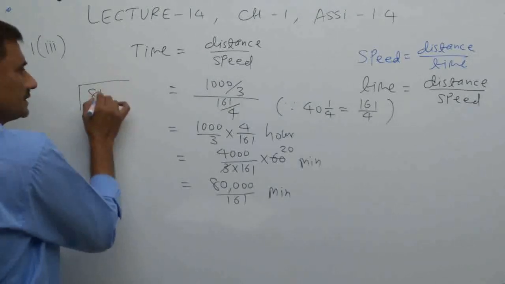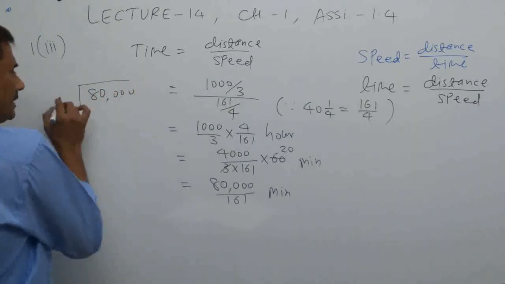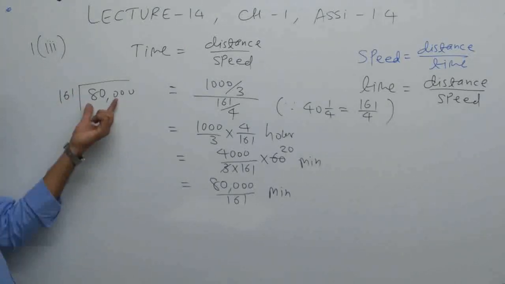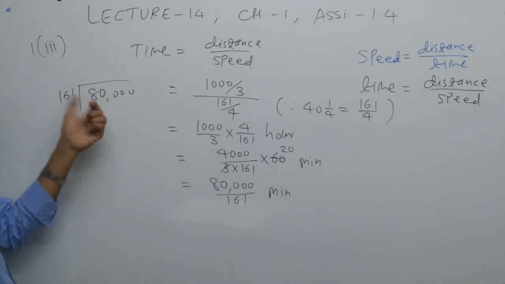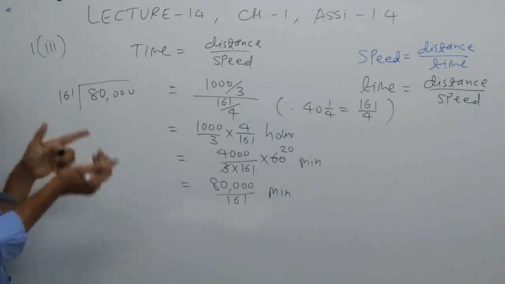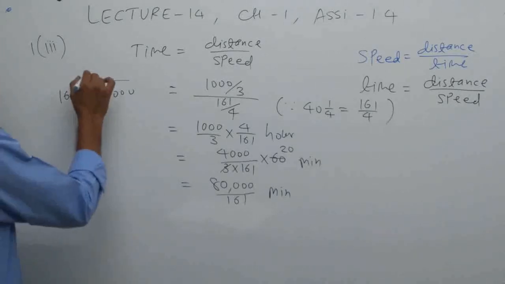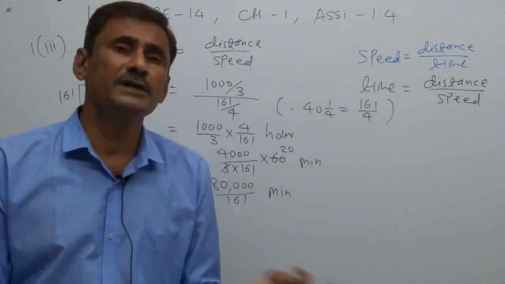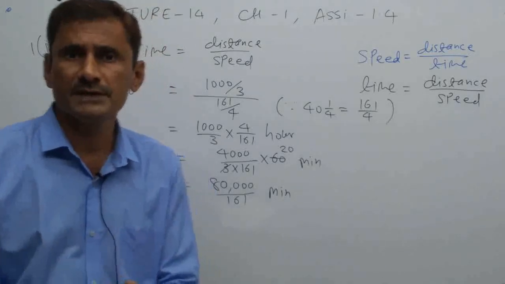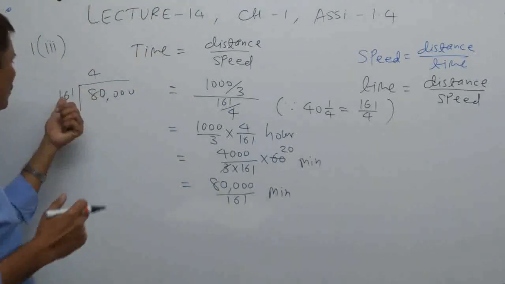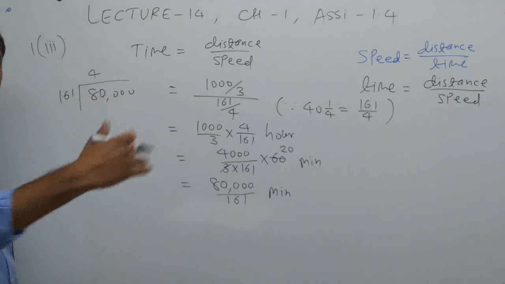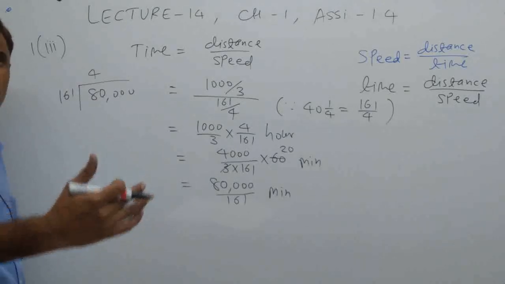So it is 80,000 here and 161 here. Now look, 3 digits. So 16 fives are 80, meaning 800 will be there, but it is quite more because it is not 160 but 161. So I go directly to 4. You just prepare the table of 161 also for dividing that number by 161, because no other way is there. But I roughly consider it 160 so that I can know directly what number to be multiplied to this one.